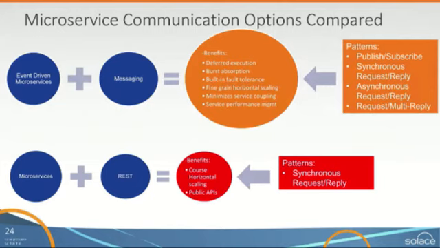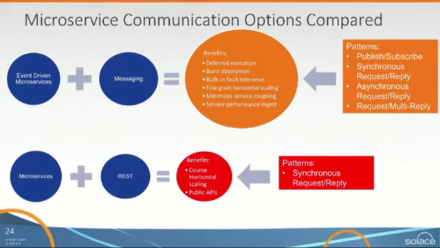Whereas if you just have microservices and you want to stick with REST, then your benefits are you can do horizontal scaling, but in a lot of cases it's going to be what I call coarse horizontal scaling. And what I mean by that is, if you think of this as a linear invocation list, where service A calls service B calling service C,